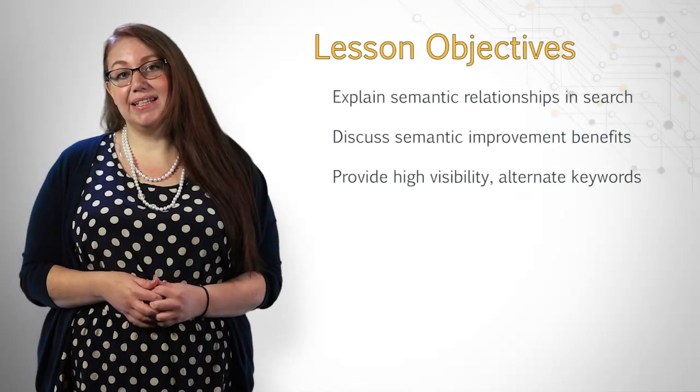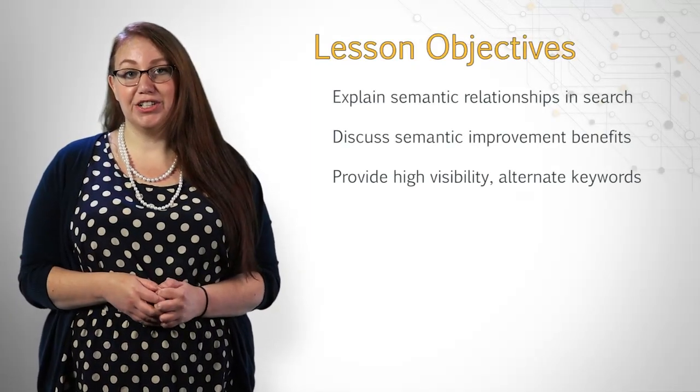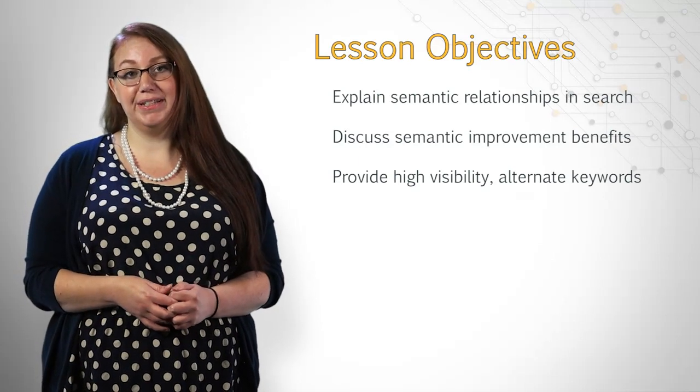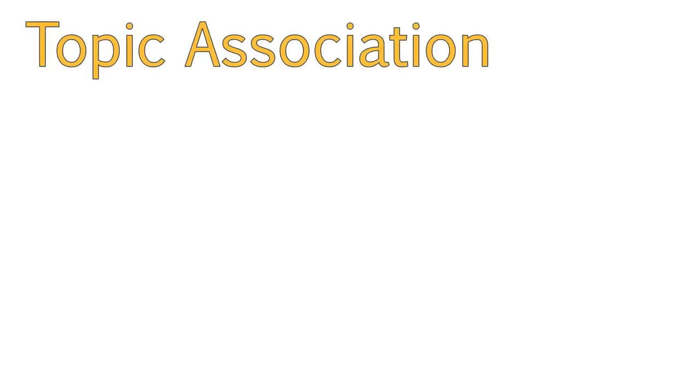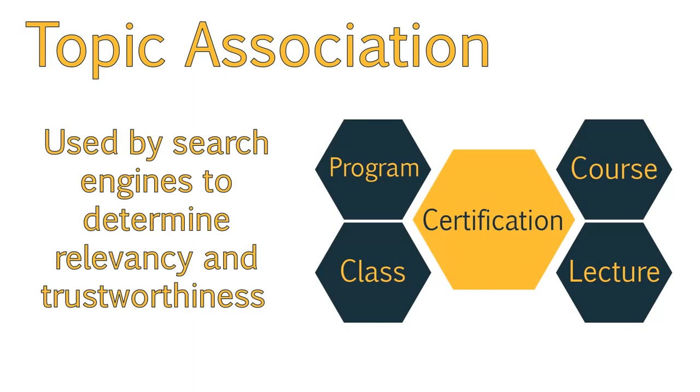By the end of this lesson, you should have a plan using alternative valid keyword selection to improve a site's ranking and visibility. This lesson will introduce you to the concept of topic association and how Google uses topic association to determine relevancy and trustworthiness of content throughout the web. By developing a better understanding of how topic association is used, you can create better optimized content for your site